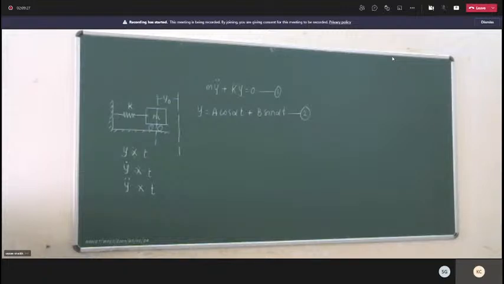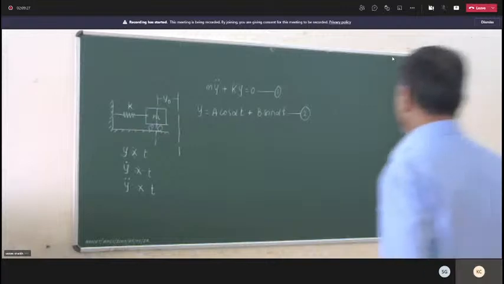Initial conditions are at the start of the vibration. They are time dependent. Boundary conditions are displacement dependent, space dependent. Initial conditions are time dependent. Are you getting? If I say there is a cantilever beam,